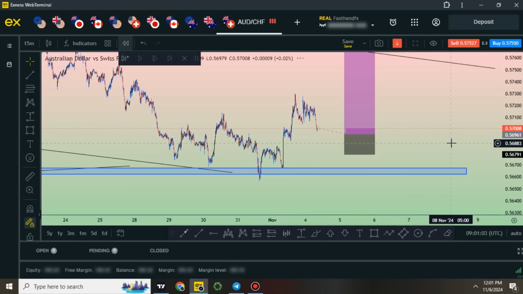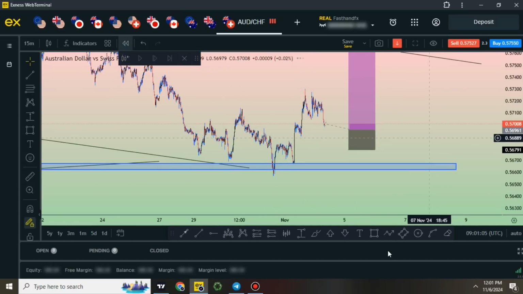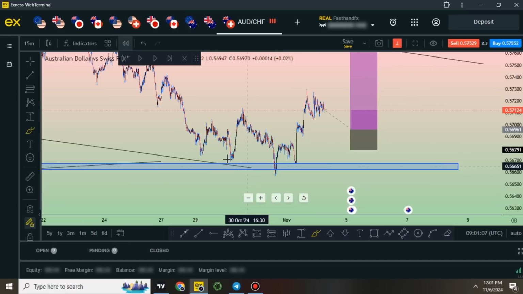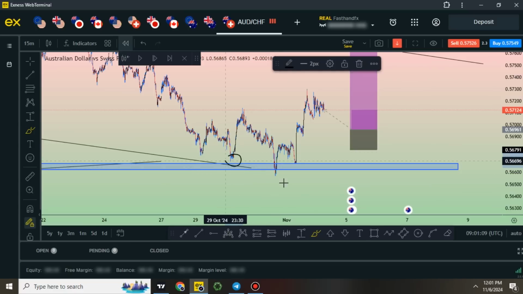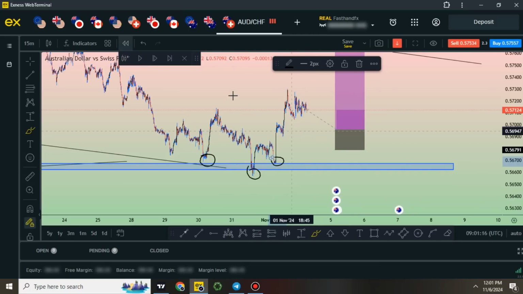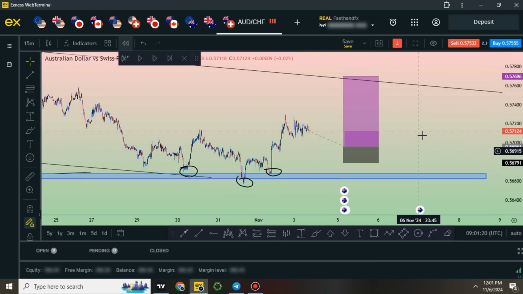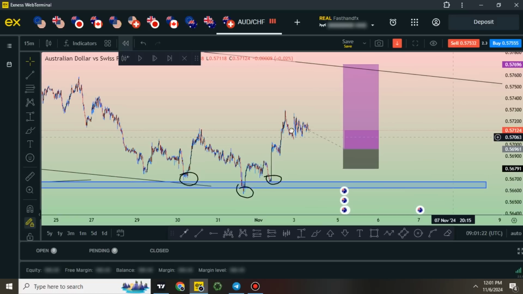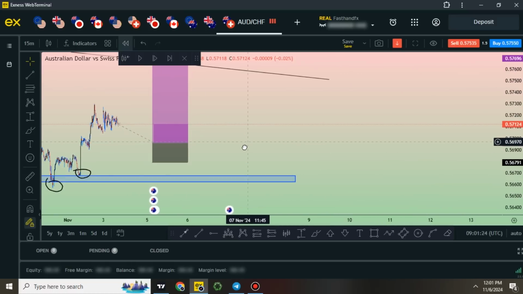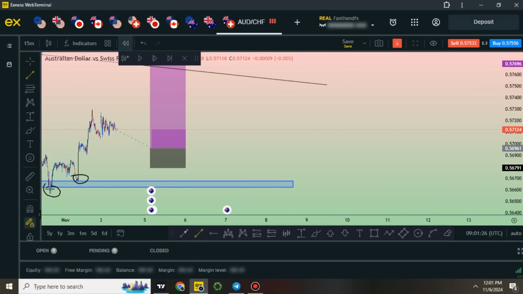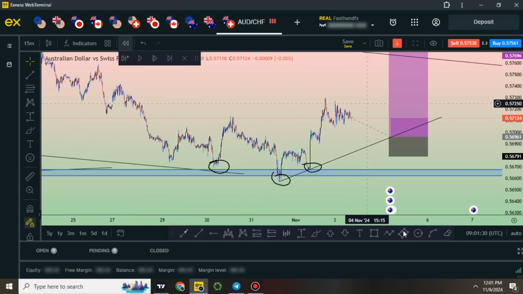Have that right there. Now I hope you guys can see the inverse head and shoulder that I was talking about on the H4. Left shoulder, like I said before, head, right shoulder. So the only thing I needed to do was wait for the market to give me that pullback. And like I said before guys, once you see the market giving you a head and shoulder, kindly hide the left shoulder, something like this, and then you might have another trend line right there, because the market is giving you